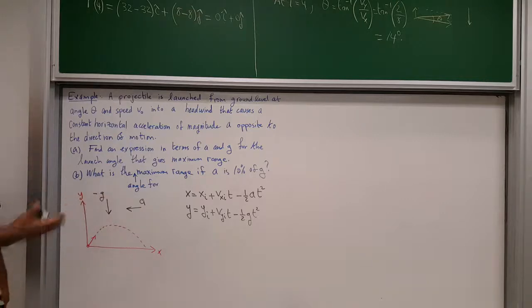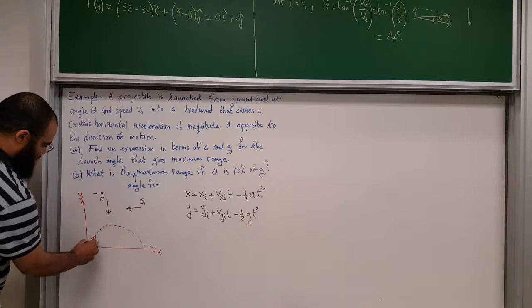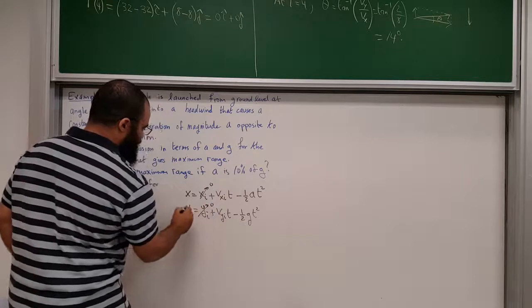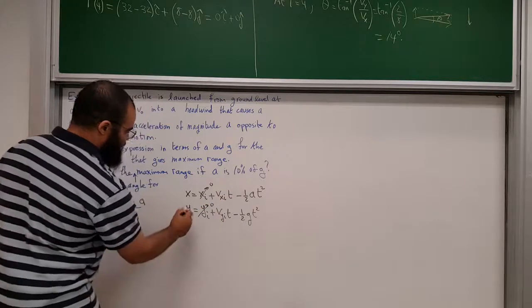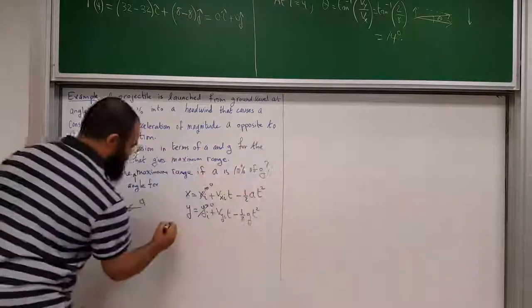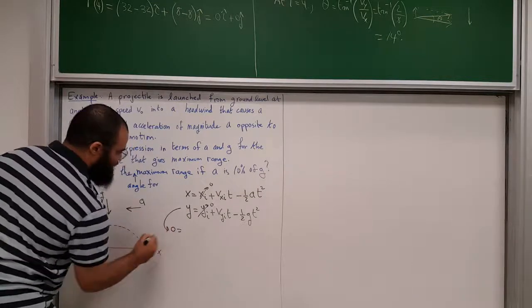Okay. Now we need to simplify this, and since we have to maximize, we will eventually take a derivative and work with trigonometry. So we're going to use our initial conditions. x initial is 0 and y initial is 0, and this is the angle theta. And y final will also be 0. So let's start with the equation for y first. I get 0 is equal to